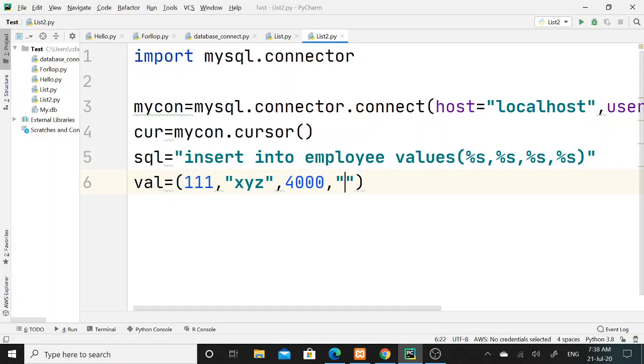For example, here I will mention Mumbai as the city. So these 4 values, that is employee ID, employee name, employee salary and employee city, as a single row I am going to insert into the employee table with the help of the tuple data structure.